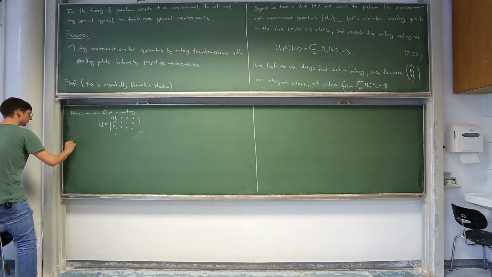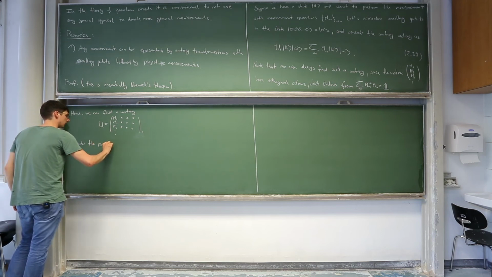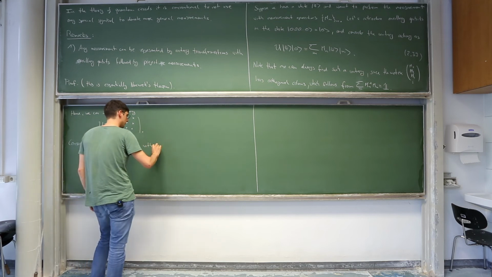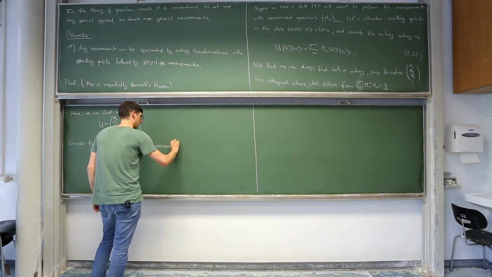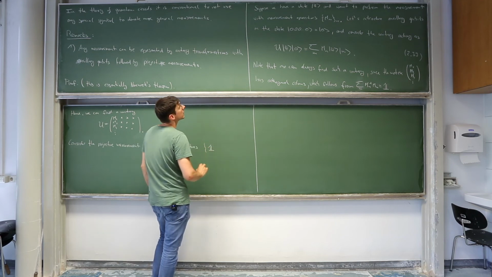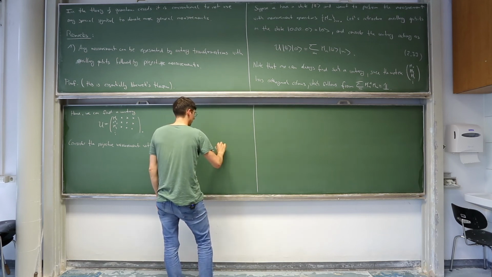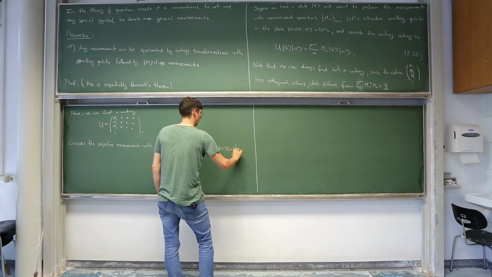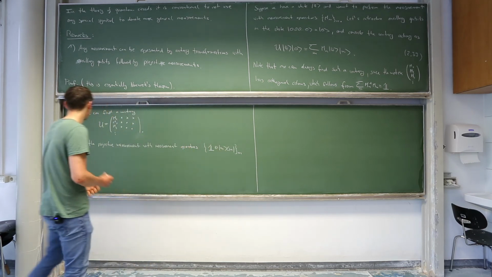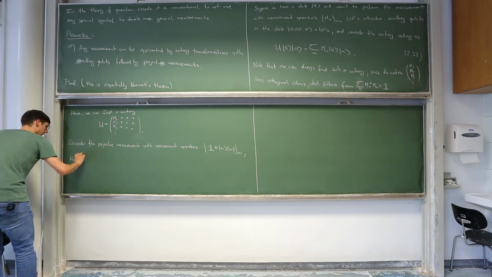So consider the projective measurement with measurement operators identity on the qubits in the space where psi lives, and then the projectors M on the subspace where our ancillary qubits live. Then